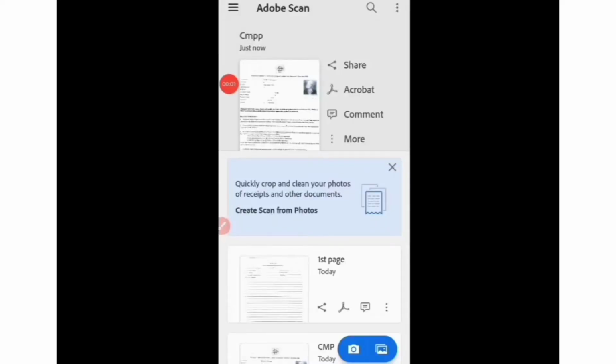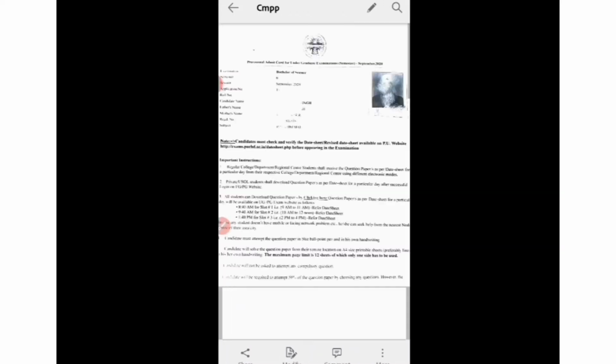Dear students, I also have a PDF which was used by me in my previous video. So I click on it. That is its first page, which is the admit card given by the university, and this is the second page where you have to write all information related to you, and this is all under these pages. So this is my PDF. Now you have to change its name.